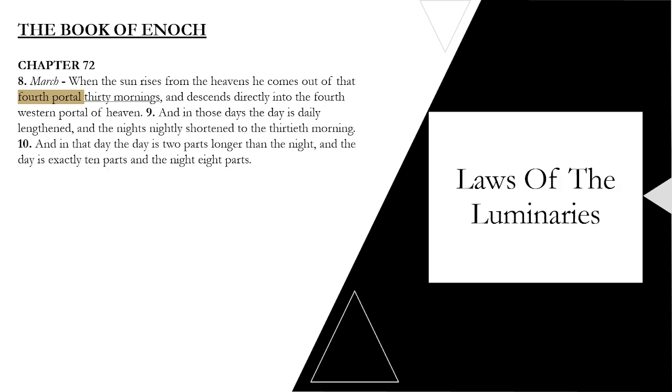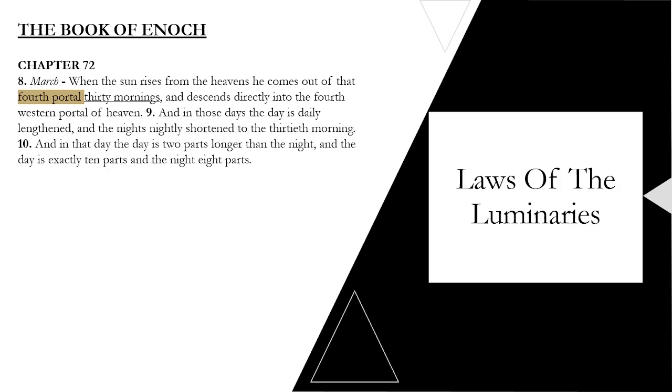So what we're about to do now is discuss how the sun operates when it's about to begin the first month of the year. We're going to go through every month from March, which you see on the screen, all the way up through February. It's going to outline how the sun operates in each gate every month. Are you ready? Okay.